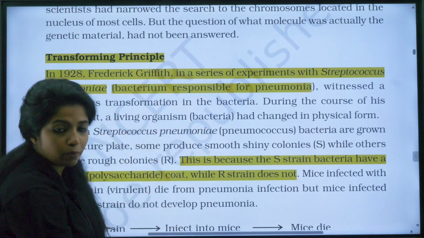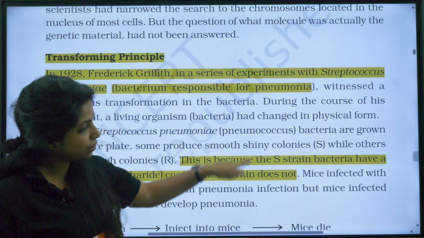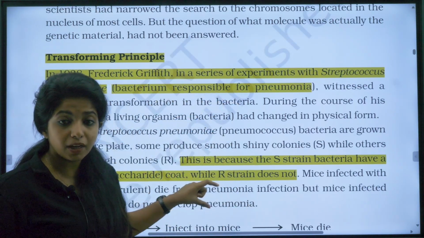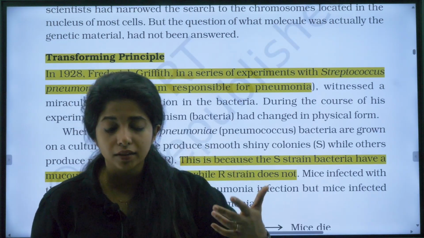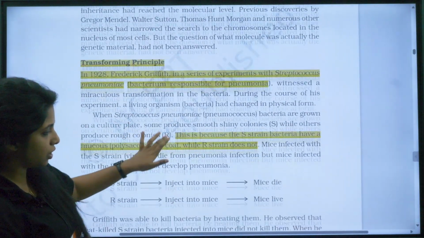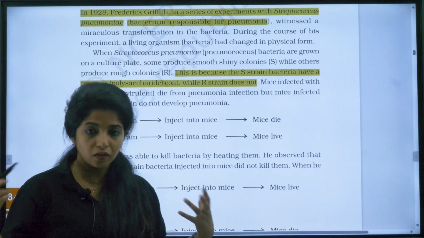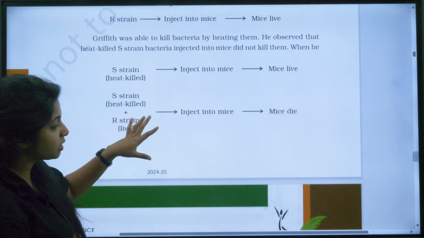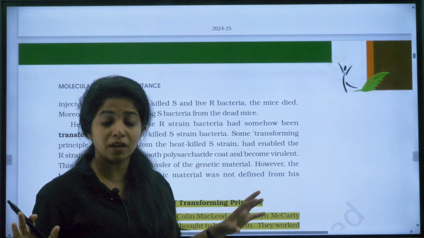The thing that I've highlighted over here is something that you have to put your attention on. All the experiments you have to study anyways. There is no way that you can skip it, you have to read the whole thing. But this information that I am telling you is very, very important. They can ask you, what was the organism on which Frederick Griffith worked? So you should know it is Streptococcus pneumoniae. And what was the strain? It is S strain and R strain. And since there are so many experiments, you will be confused also. So better you write it and it will be all the more clear. So this is one experiment that you have to study. Still, it was not confirmed that DNA is genetic material.